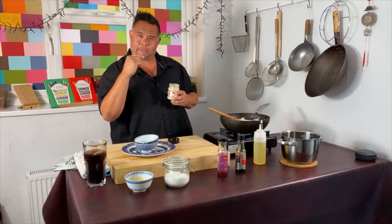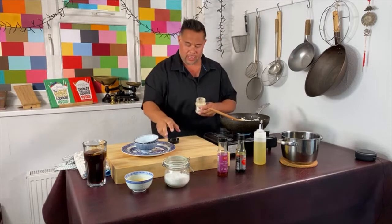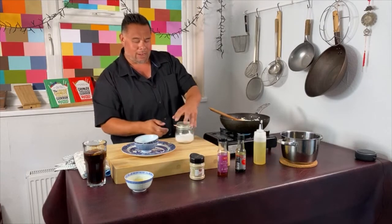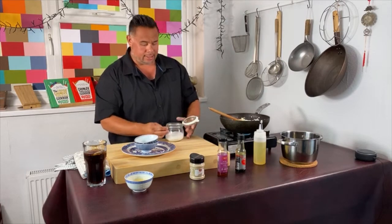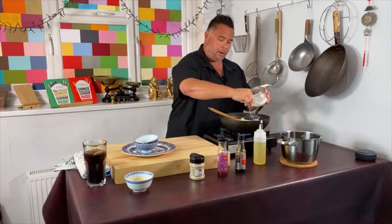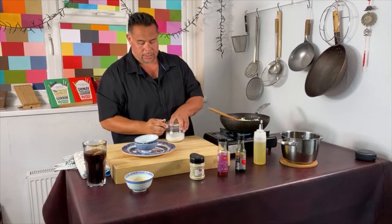Remember, this is going into pancake skins or pancake wrappers, and then obviously we're going to deep fry them. So don't be scared of it. Well, not over seasoning, but make sure it's well seasoned. I'm going to add about a teaspoon of salt, so that can go in as well,